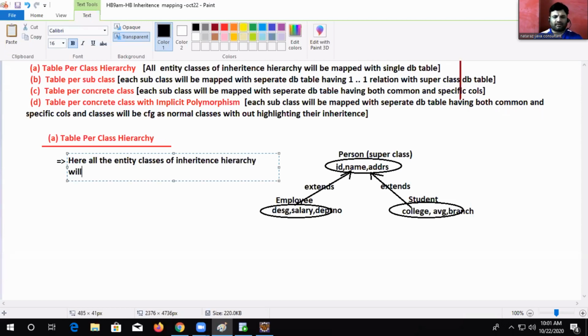Hierarchy will be mapped with a single DB table, right? And this DB table should contain a huge number of columns. Huge number of columns, because